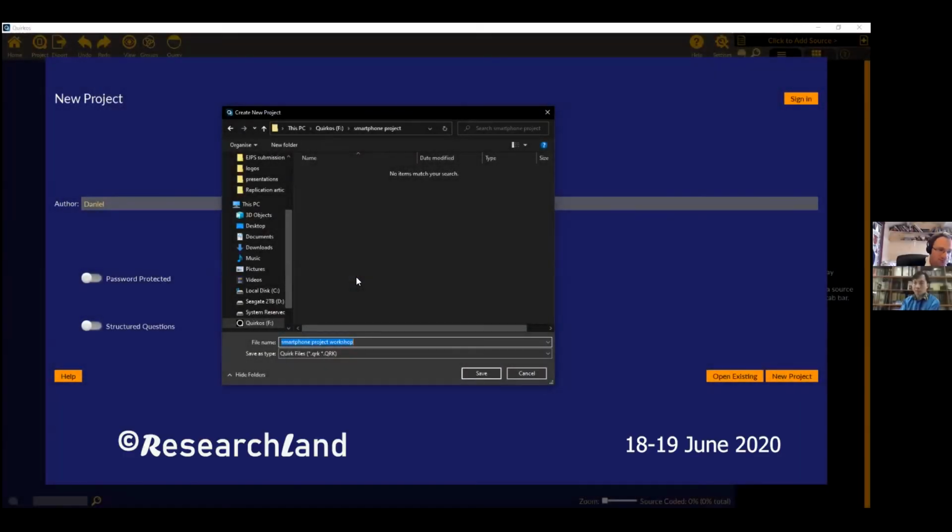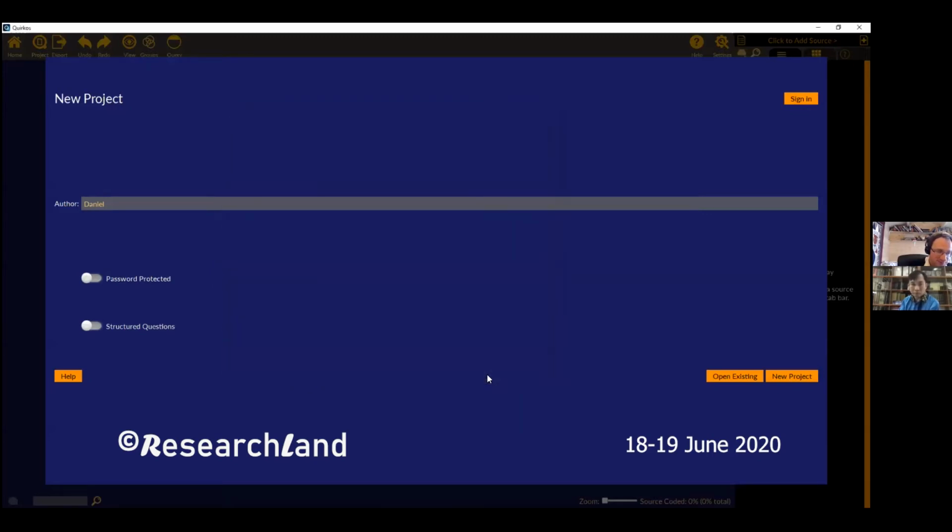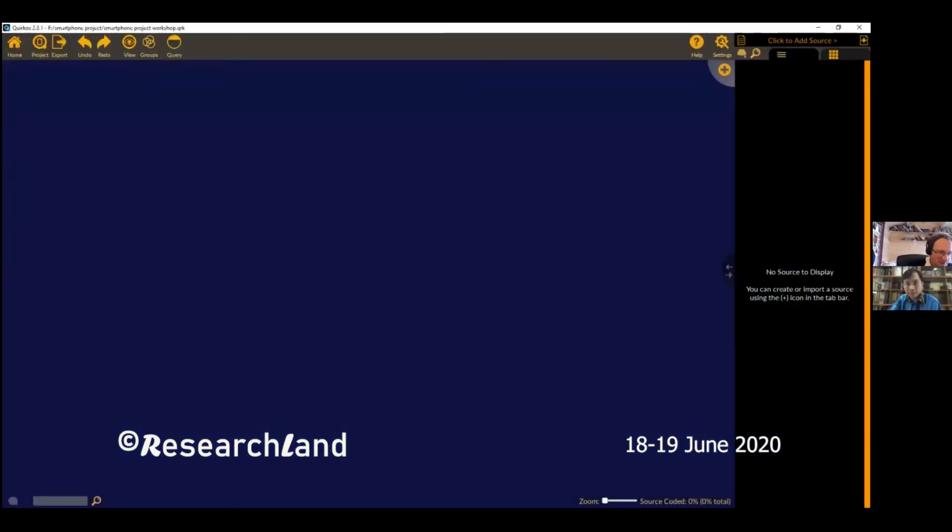So I'm just going to save this here on this USB stick, but you can save it onto your computer and just click the save button there. Oh, and it does not like that USB stick. Okay, here we go. Good. Now we have here